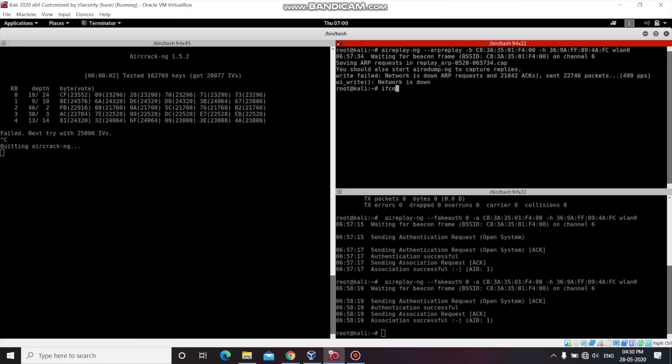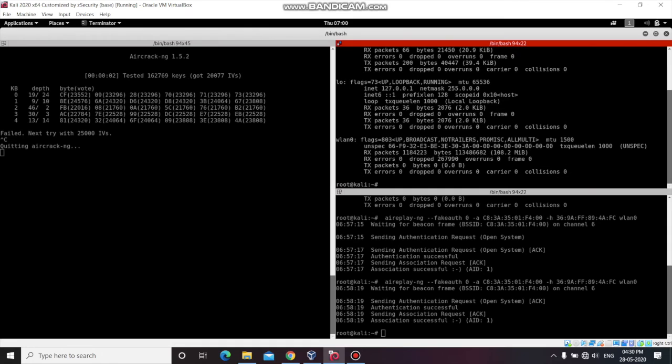So you can see that on this number of IVs it is not cracking and it is suggesting to try next at 25,000 IVs. So I will do it again.